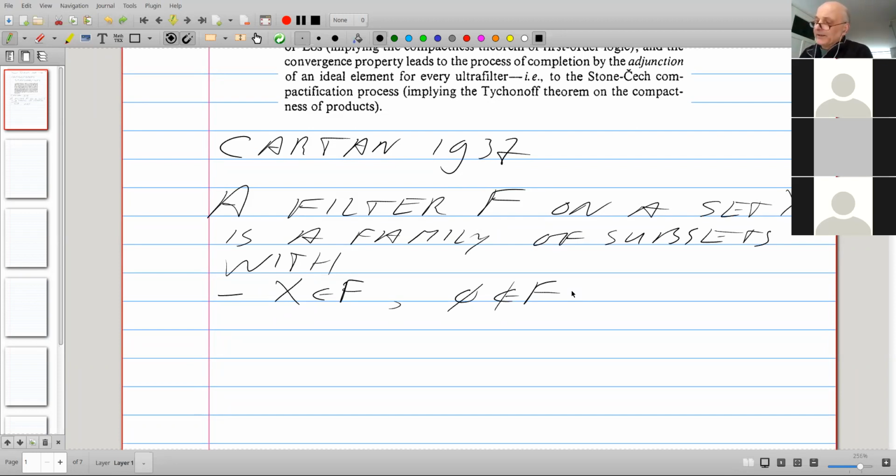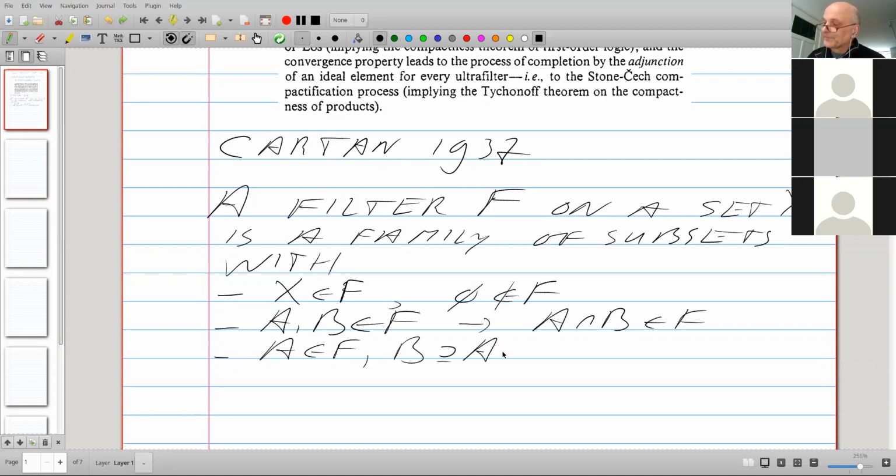So by stating that the empty set should not be in the filter, I'll leave that one out. If A and B belong to F, then the intersection belongs to F. Okay, fair enough. And if A belongs to F and B is a superset of A, then B belongs to F. This is the definition of filter.